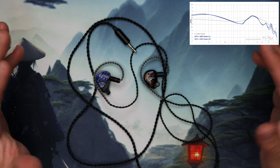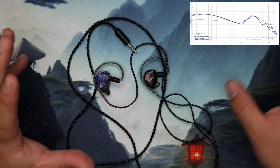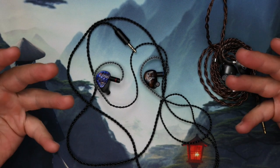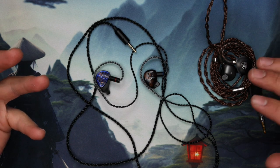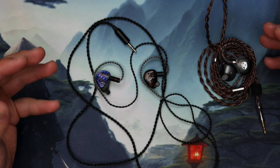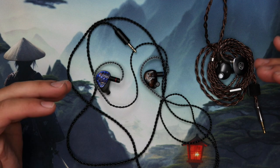While I was listening to it, it kind of reminded me of one IEM. I think I only have one IEM that's kind of similar vibes. It's the MT Pro, and I really like the MT Pro. It's this bassy thing going on, like the muddy, thick mids. I kind of enjoy that at times. I really do. But the MT Pro has this extension in the upper treble that adds this sense of clarity to the music, to the point where I can even enjoy some music with guitars and bass guitars. It's like compensating for the amount of low end,